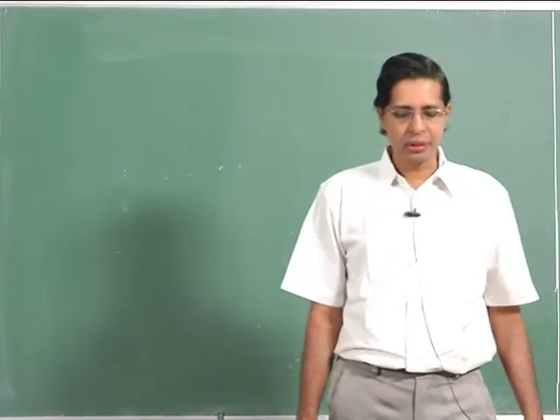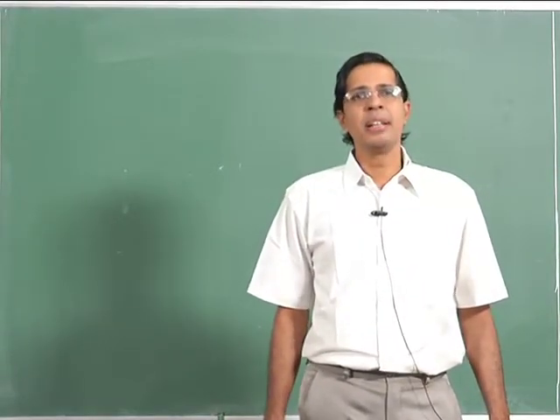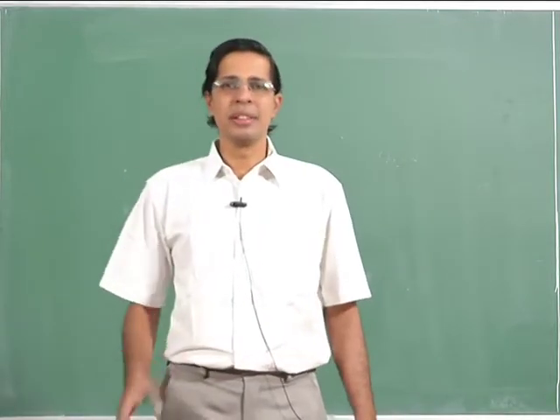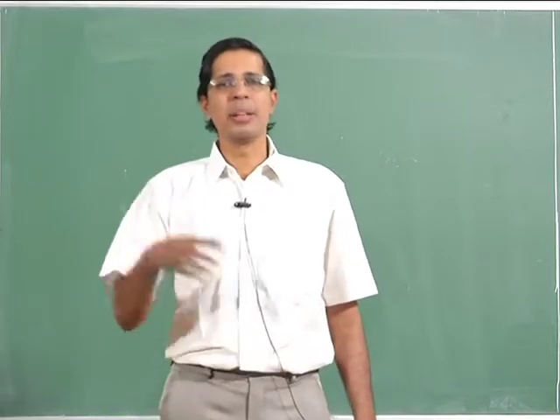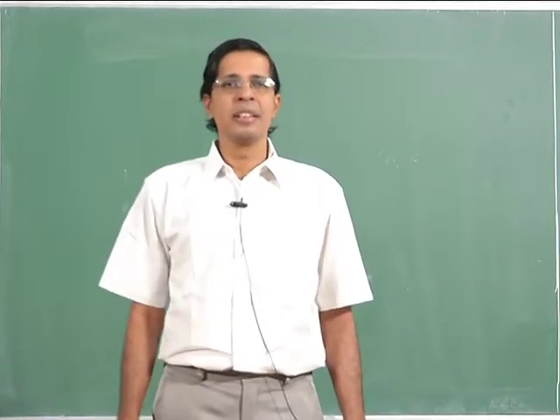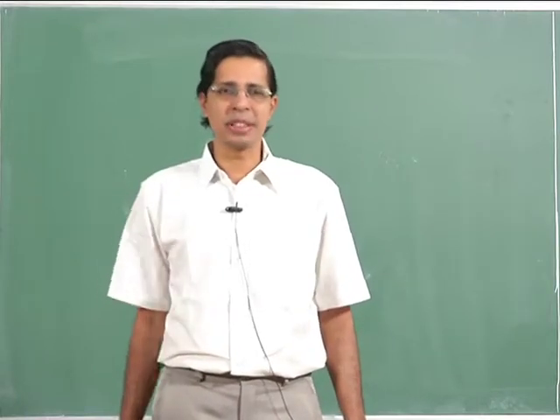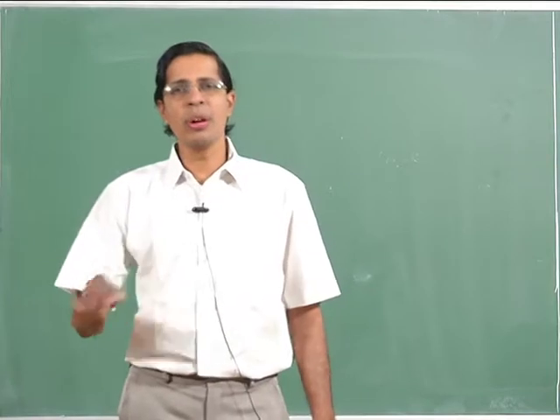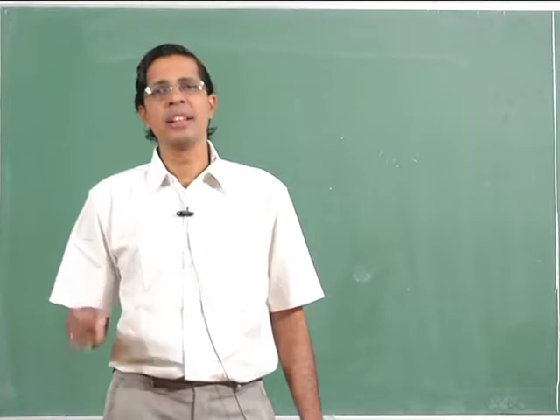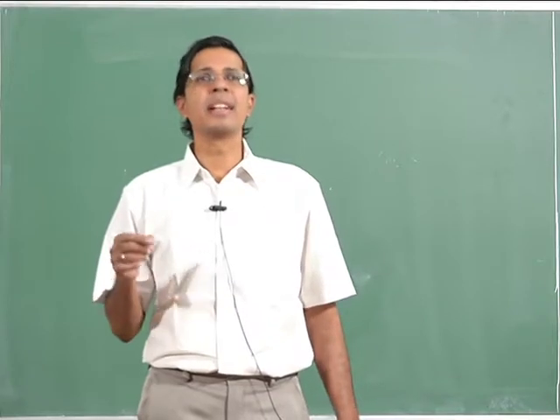Last class we talked about number representation. We discussed how to convert a hexadecimal number to a binary number, an octal number to a binary number, a decimal number to a binary number, and vice versa. And we also gave some insight into why those conversion procedures are correct. In the whole of the previous lecture, we were assuming that the numbers were unsigned numbers. So today we will be looking at signed numbers.